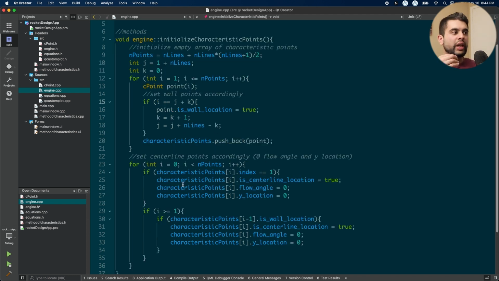So here, my first point at index 1 is on the center line. So I need to set that to location here. And if my point is on the center line, in the middle, on the x-axis, my flow angle is 0. So if something is on the x-axis, the y value will also be 0, right? And the flow angle. So these two will be 0 here. Again, if it is a wall location,